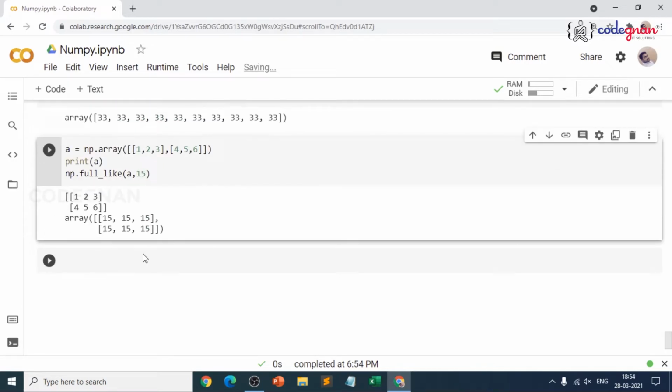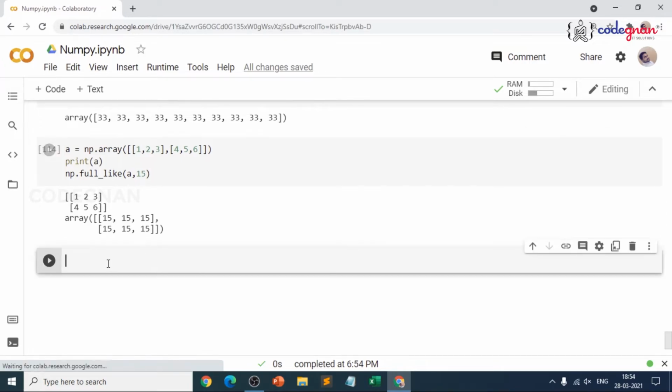So this is how it works when you go for full and full_like: it will be filled with the given value, right? So now we have covered filling with zeros, ones, and filling with your own values. The same thing happens when we go for identity arrays and eye arrays, because an identity array and an eye array are pretty much different. So first let me go for eye.